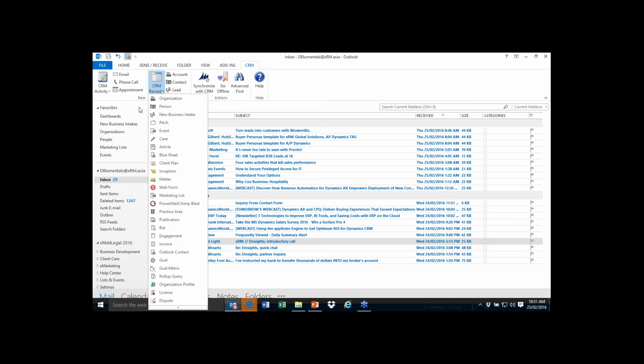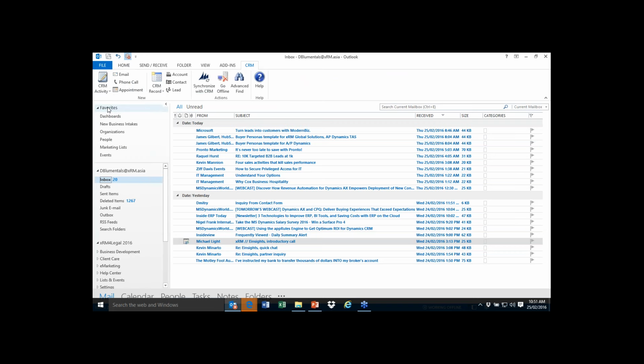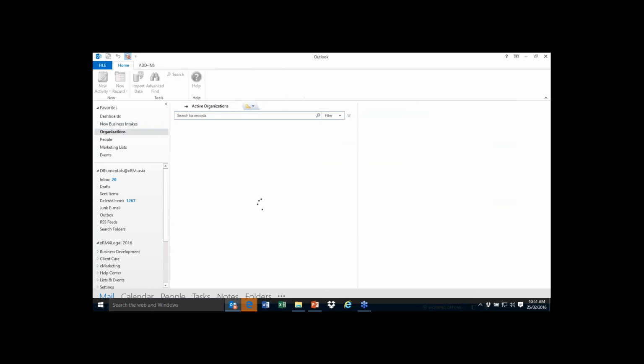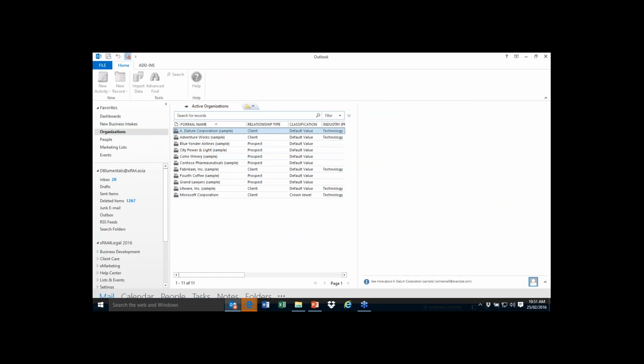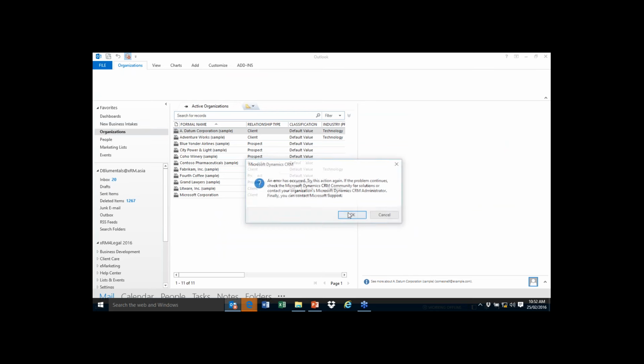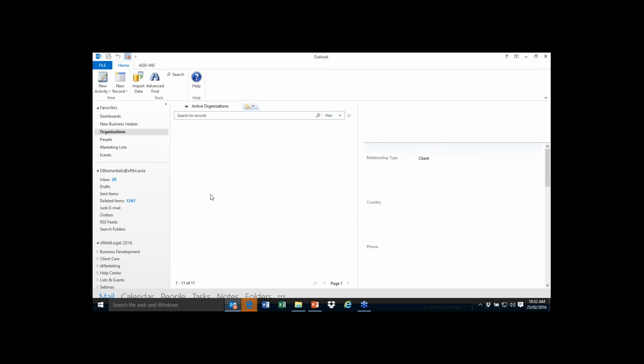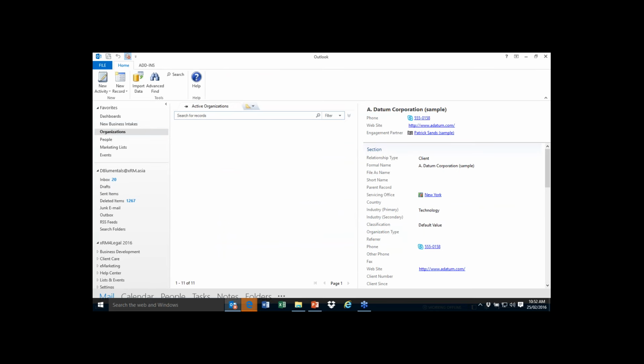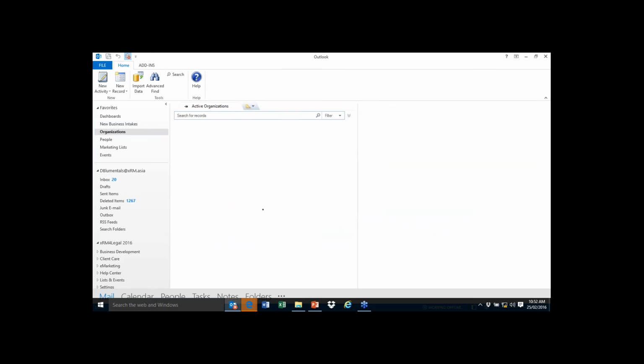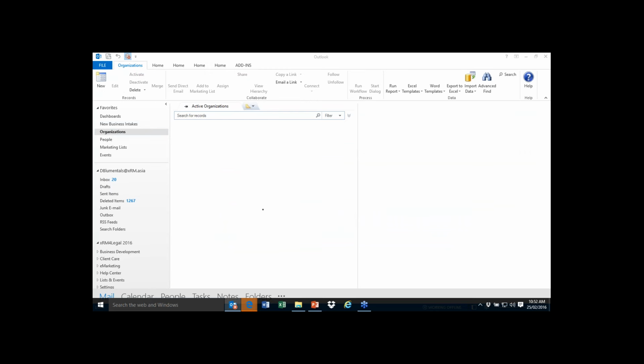You'll also notice here on the left-hand corner that I've got various CRM favorite folders where I said, well, I really would like to be able to see a list of organizations displayed within Outlook. So here's my CRM. If I click on one of those records like Microsoft